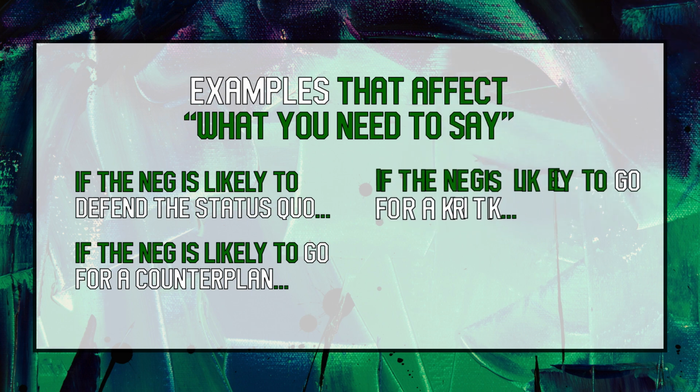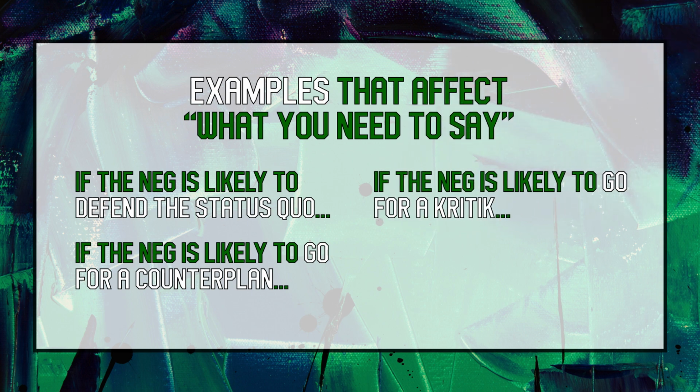Third, if the negative is likely to go for a critique, your case becomes an answer to the critique, a net benefit to the permutation, a response to serial policy failure, an example of your framework argument, an impact turn to the alternative, or something else. Exactly what you need will depend on the specific critique, but you'll often need to more fully develop unfinished 1AC advantages. If important 1AC evidence is rhetorically powerful but weakly supported, you might choose to read more detailed backline evidence.